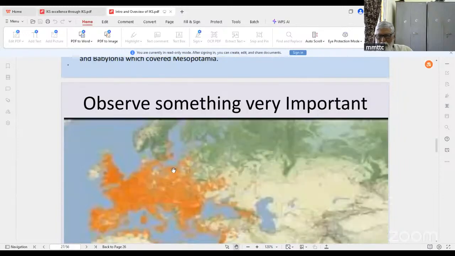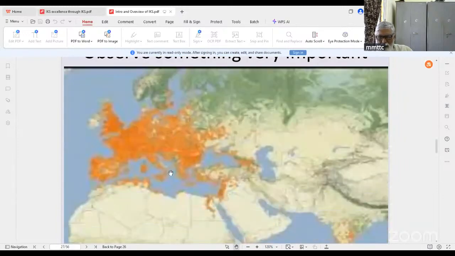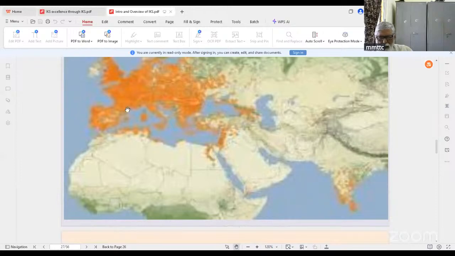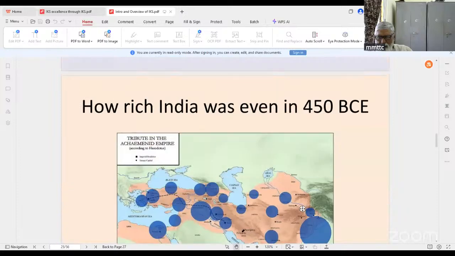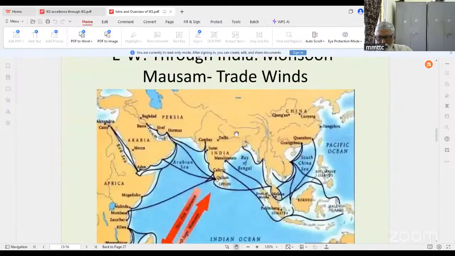And something very important you see here. So this was the world then. You will see this portion, a little of North Africa, just the Egyptian Nile River Valley, then the Levant, the Fertile Crescent here, and surprisingly another patch like this, a huge number of patches. Ceylon is very important because Ceylon used to be this. You can see here, people from the eastern part of the world would come here, and people from the western part would come here. So this is what is called the first globalization.